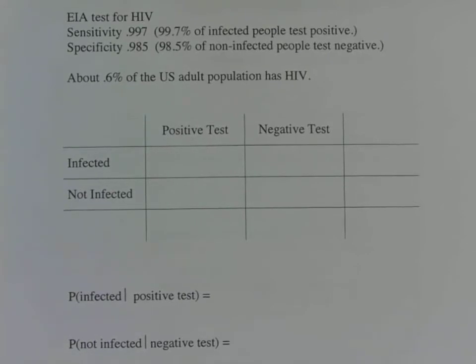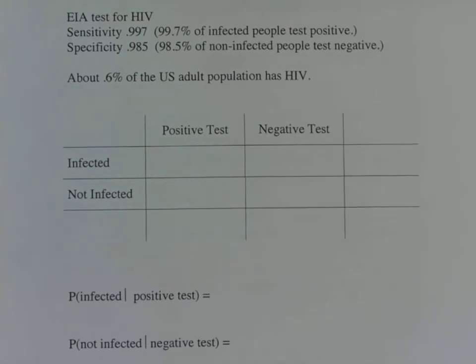In this video, we'll look at an example of a conditional probability situation that has rather counterintuitive features, and it has to do with testing for the HIV virus. There's a test called the EIA test for HIV, and the quality of tests for various conditions is measured in terms of two specifications. One is the sensitivity, which has to do with the percent of people who are infected who test positive for the infection, and the specificity, which has to do with the percent of non-infected people who